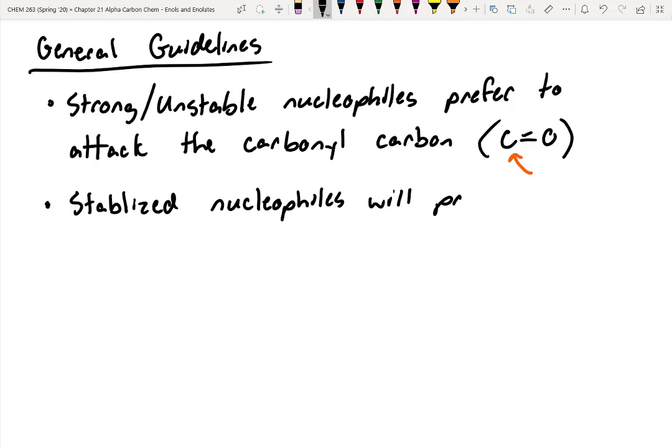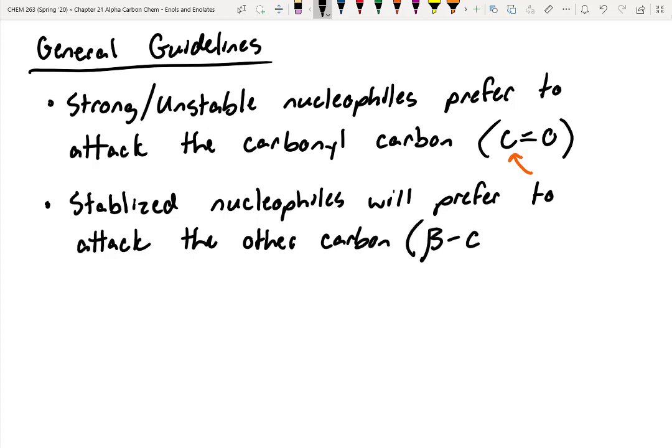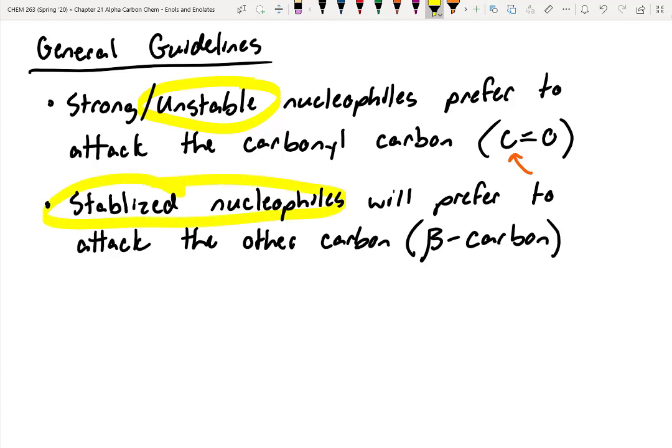They prefer to attack the beta position. And like I said, that other carbon, if we're keeping track, is the beta carbon on these molecules. So it's kind of interesting. We have to think about the strength of the nucleophile. Something that's really unstable, like a Grignard reagent, is going to attack directly into the carbonyl carbon. But if you've got something that's stabilized via resonance, it's usually going to attack that beta carbon with very few